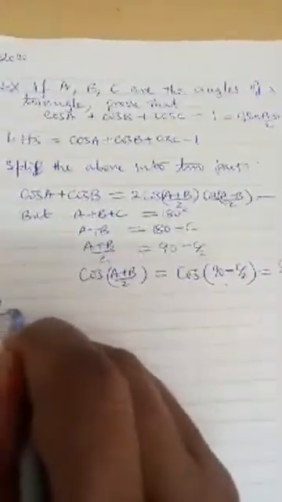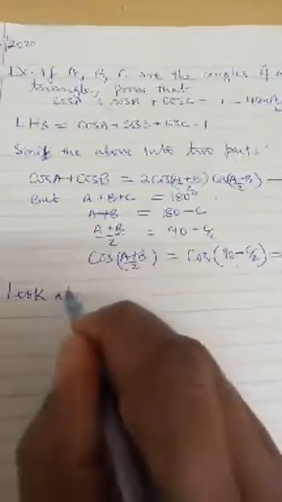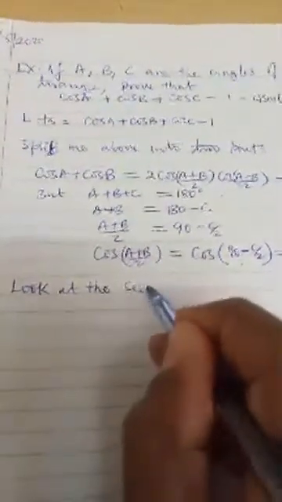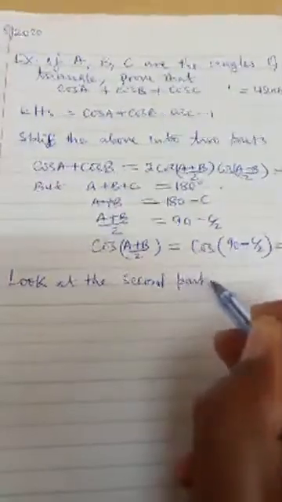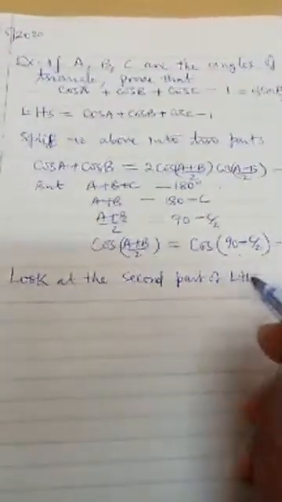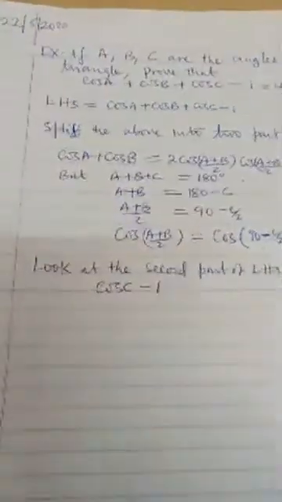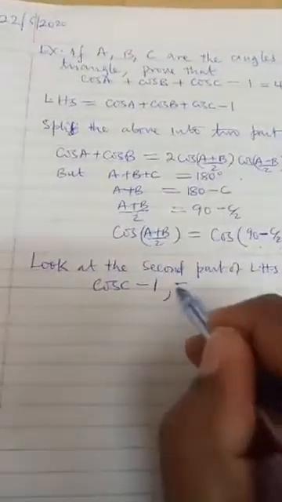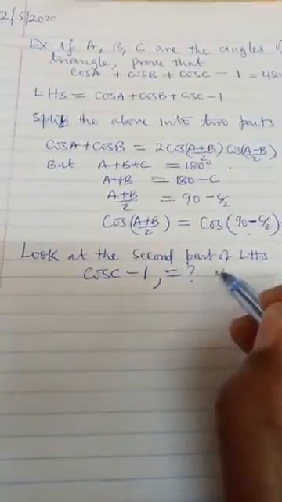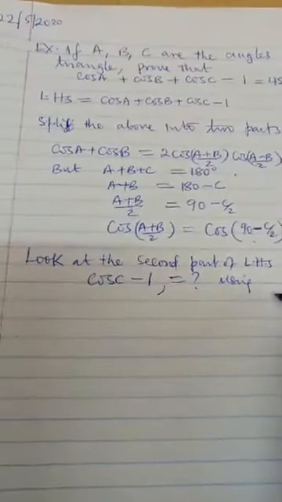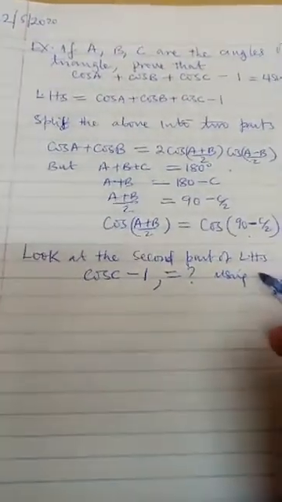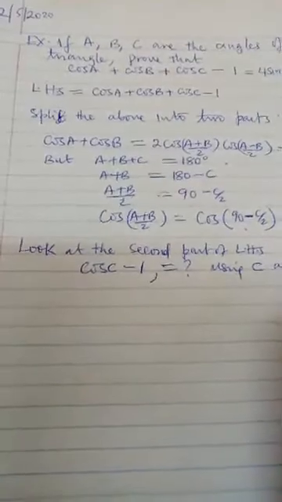We can now look at the other part. We look at the other remaining part of the left hand side. The second part of our left hand side that we left there was the cosine of C minus 1. What is it equal to is what we want. Using the double angle, using C as a double angle, if we consider C as a double angle,